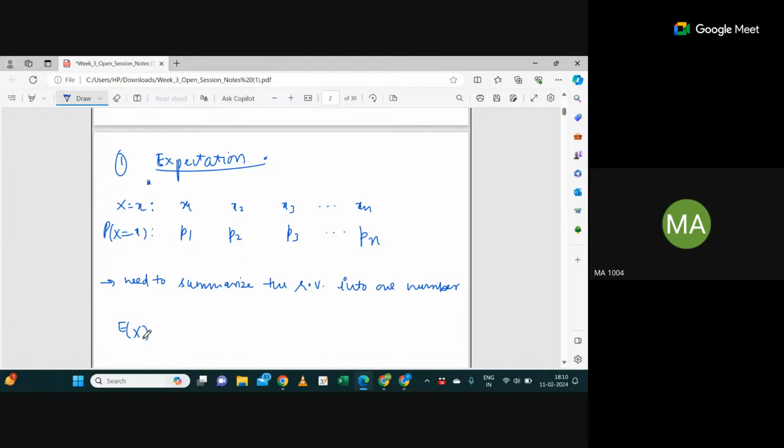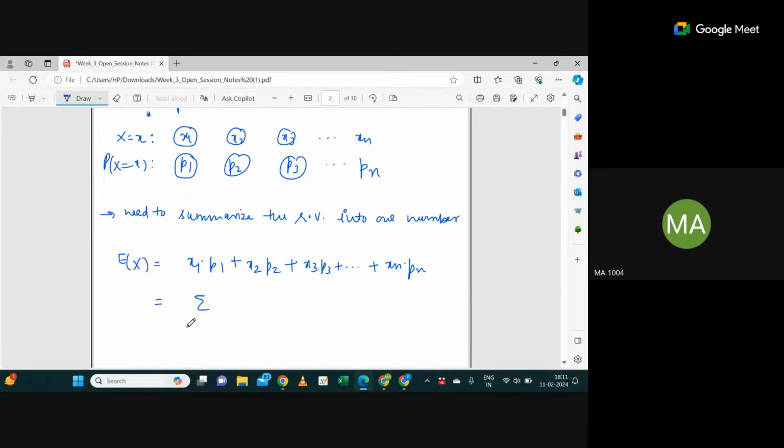Correct. So basically, the expectation of X is nothing but a kind of weighted average. Weighted means this is the value for a random variable X, and how much weight has been assigned when X takes x1? It's P1, correct? Plus x2 into P2 plus x3 into P3 plus so on up to xn into Pn. Yes or no? So you can generalize this as summation i equal to 1 to n of xi into pi,